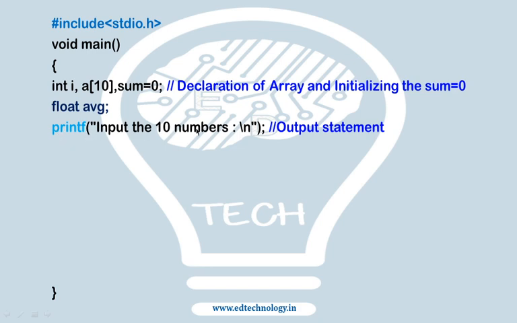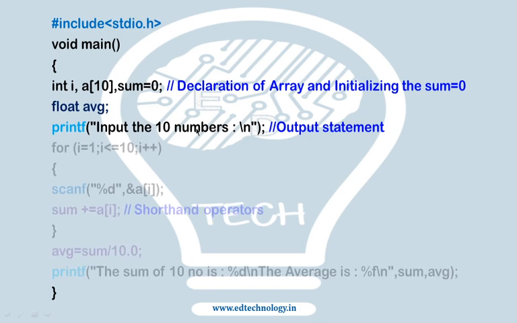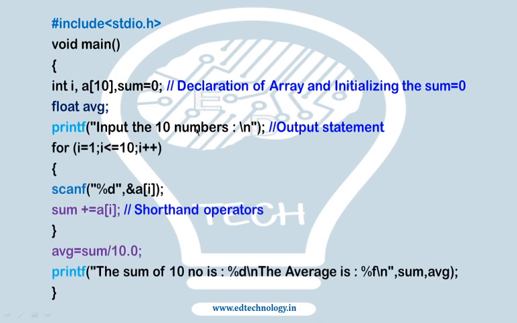Then I'll write an output statement which will ask the user, this is part of good programming practice. So I'll write a printf, input 10 numbers, and then I'll have a for loop within which I'll read these numbers, and along with the scanning of the value I'll total it up and store it into sum. As you can see in here, I've used i equal to 1. You can initially start with 0 up to 9, or you can start with 1 up to 10. So there are two ways of using this loop. Make sure that you are having a total of 10 values in here.